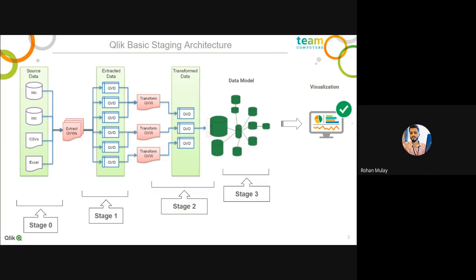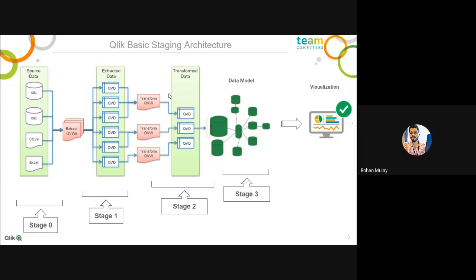So if you talk about the HR domain, then we might have multiple HR tables, raw tables in the database. Maybe we have 10 data tables in the database and I want to form an HR component, then I will do multiple joins and transformations on those raw QVDs, and then form this HR component. Similarly, we will have department-specific components at this transformation stage.